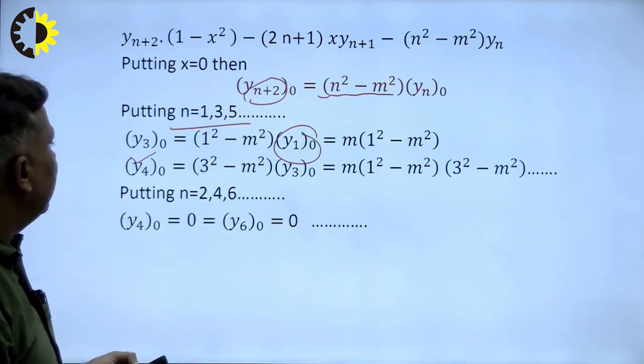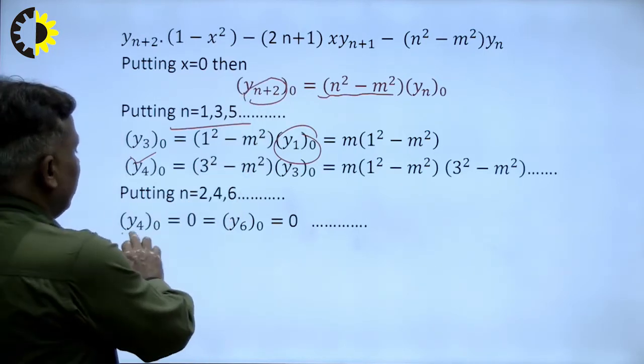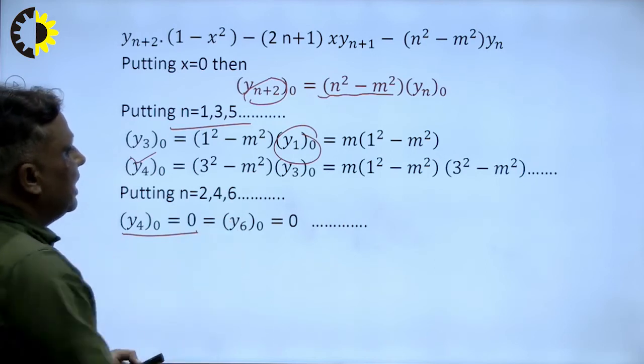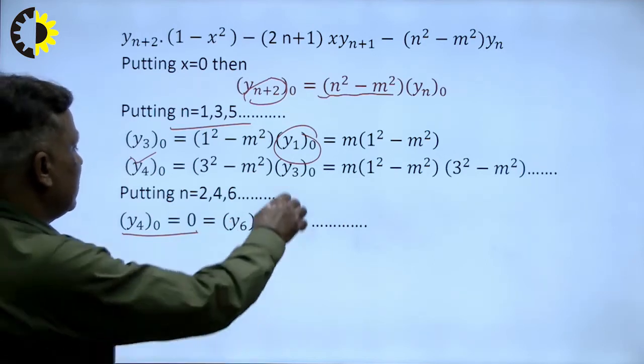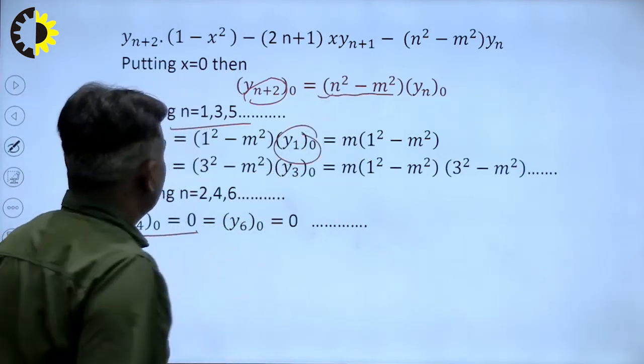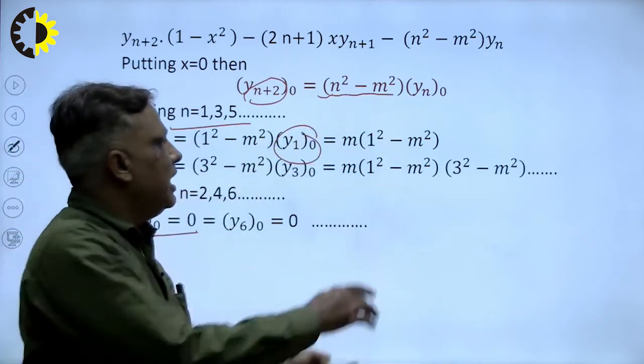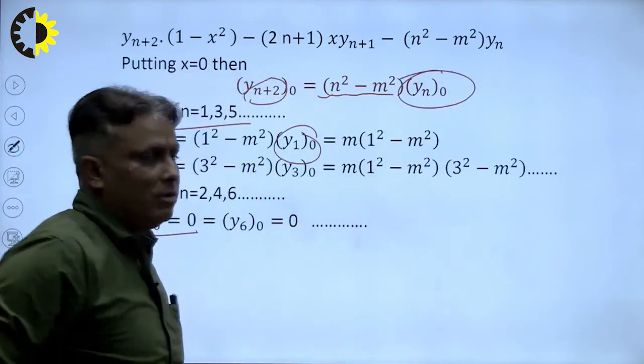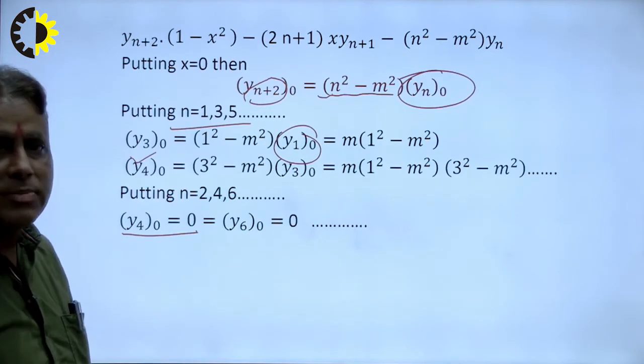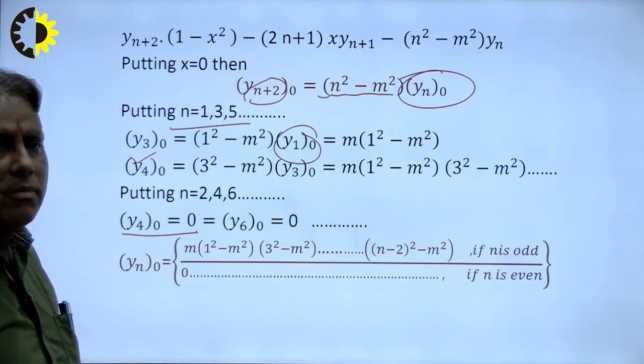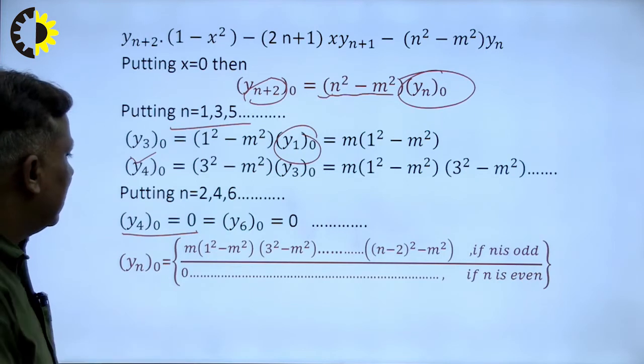So the result will be y4(0), and y4(0) depends on y0, right? Because suppose I write here 2, so 2 square minus y2(0), and what is the answer of y2(0)? y2(0) is 0, I calculated it in the previous part. So in this way we find our problem with the help of this, and this will be the final answer